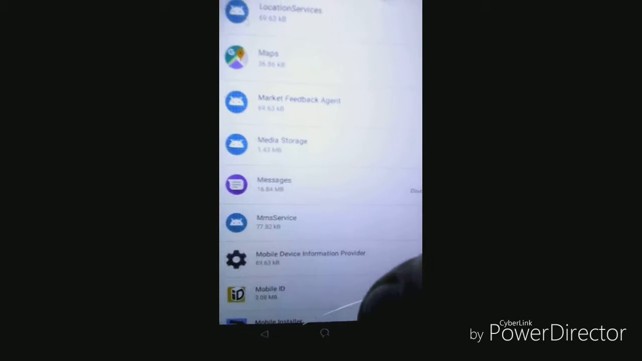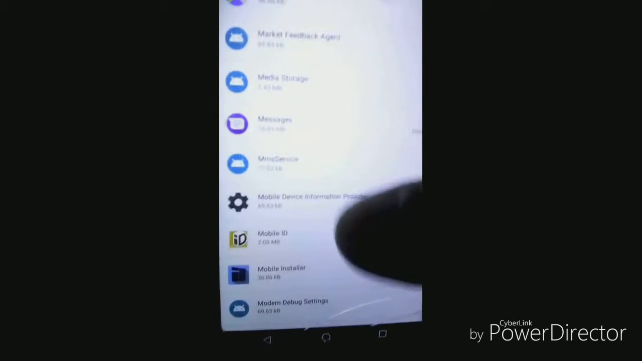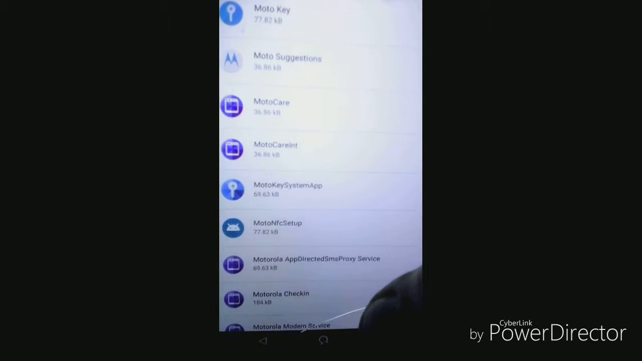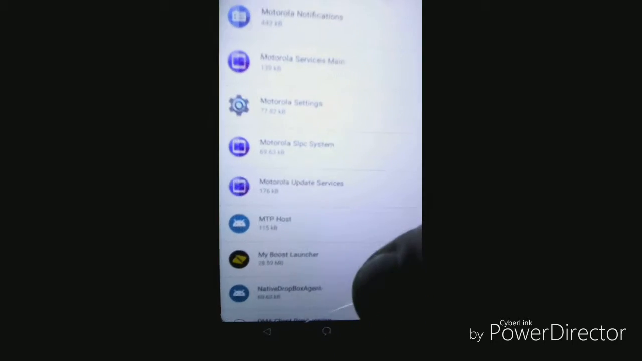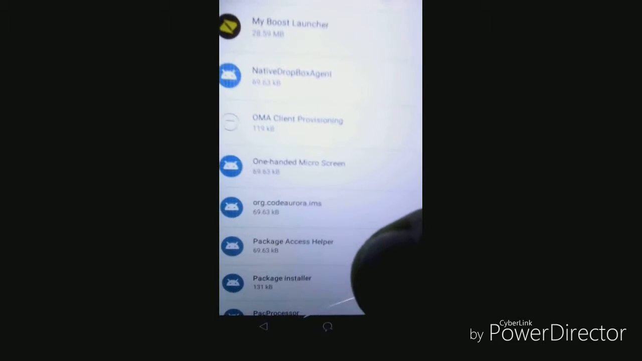Fucking mobile device information provider. Ooh. Wonder who the fuck that is. Mobile ID, mobile installer, modem debug settings, I mean, I need an attorney. Motorola Apps Direct SM Proxy Service. Check-in service. Update MTP host. OMM client provisioning. Org.codeaurora.ims. I mean, this is